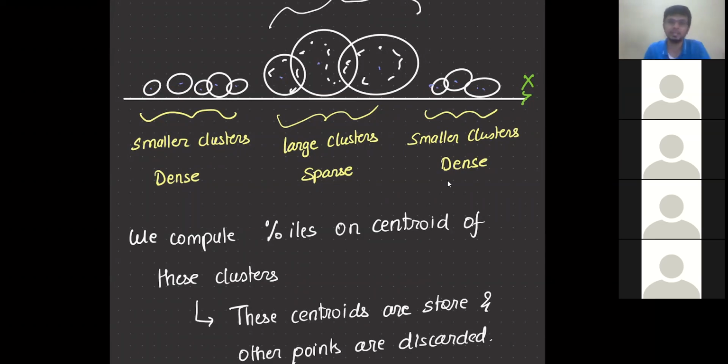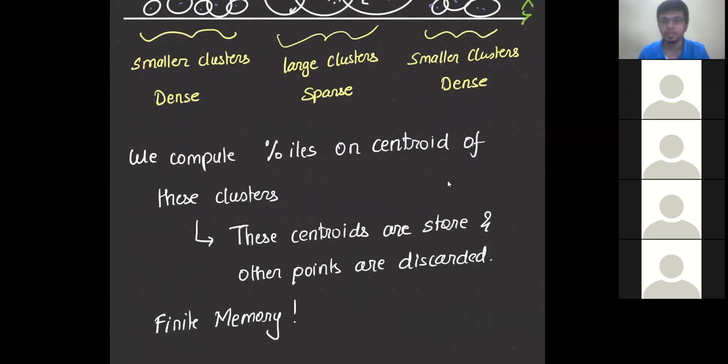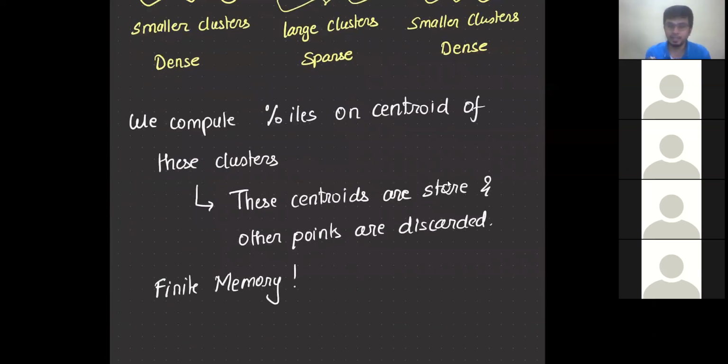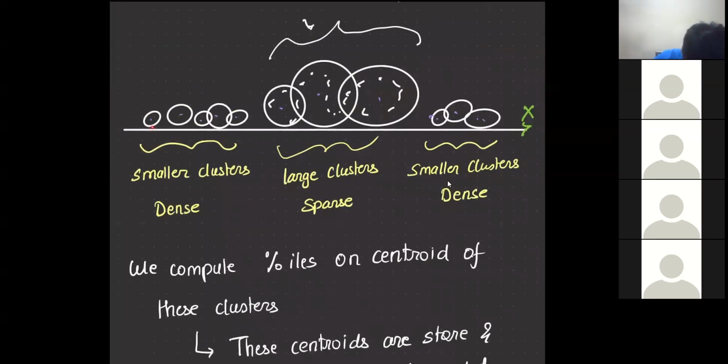Okay, and now if space is reduced, then time is also less because computation is less. Like we saw yesterday with impressions, right? Lower amount of data, quicker, meaning lower space required, so it got done faster, right? And we compute the percentiles on the centroids of these clusters, and these centroids are stored like any other, and other points are totally discarded. So once I have stored these centroids, we don't need the remaining points because the centroid is the representation of this node. Okay, so all the remaining points are discarded.